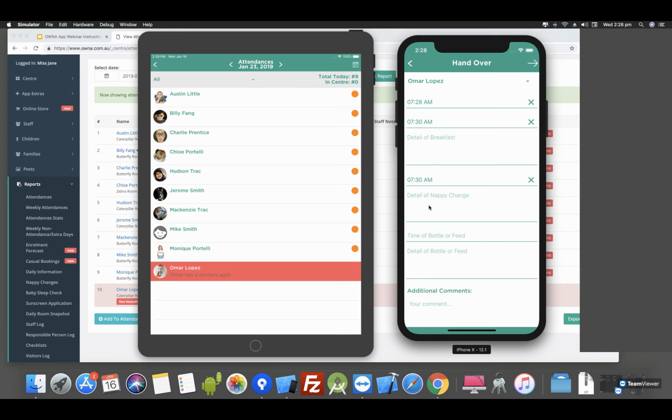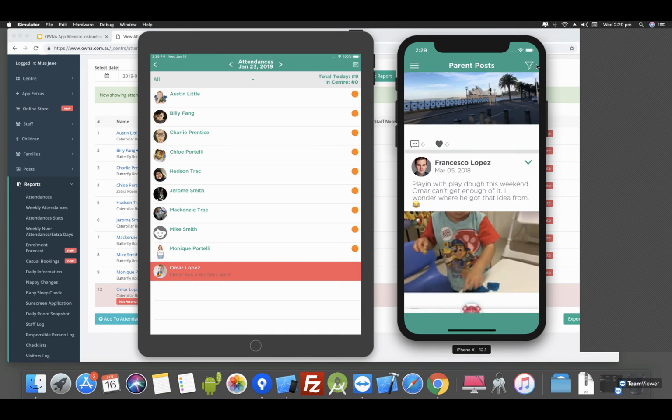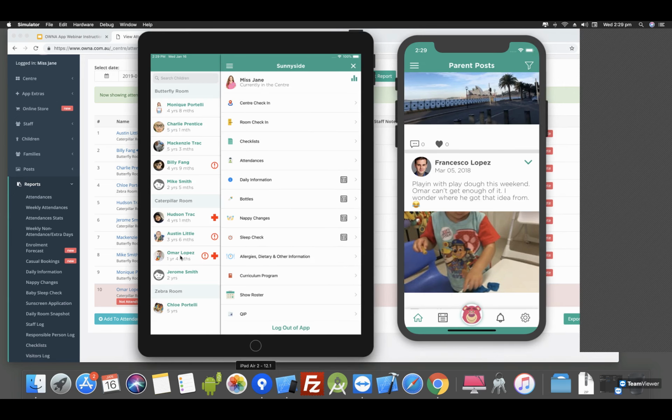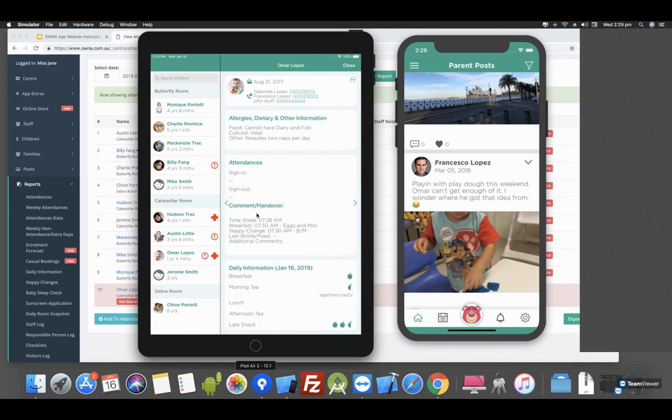I'll go submit. Let me type something up. So I might say bowel movement, and let's say he had eggs and Milo, just so I can show you the data. I'll go submit. If I submit this now, you get an email to the center and a notification on all your staff devices as well. In Omar's profile I'll get alerted, so I'll check Omar's profile and I can see straight away any